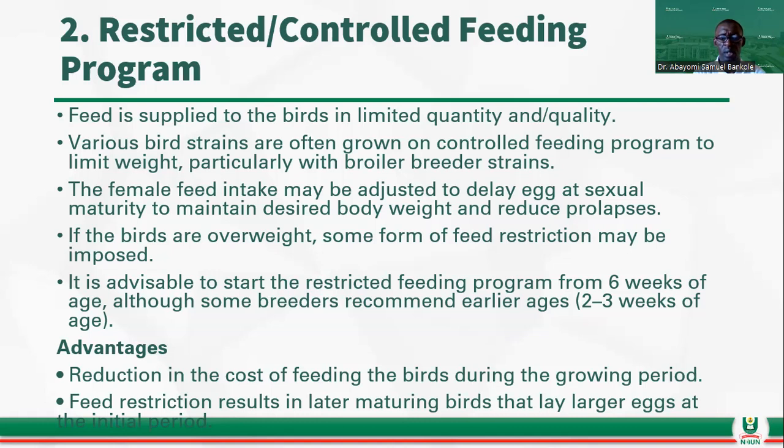It is really quite advisable to start the restricted feeding program from 6 weeks of age, although some breeders recommend earlier ages such as between 2 and 3 weeks of age, depending on the purpose. Advantages include: one, reduction in the cost of feeding the birds during the growing period. Two, feed restriction will result in later maturing birds that lay larger eggs at the initial stage. So we could say the restricted or controlled feeding program is more advantageous in